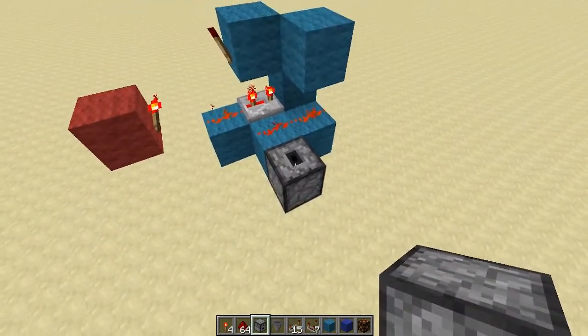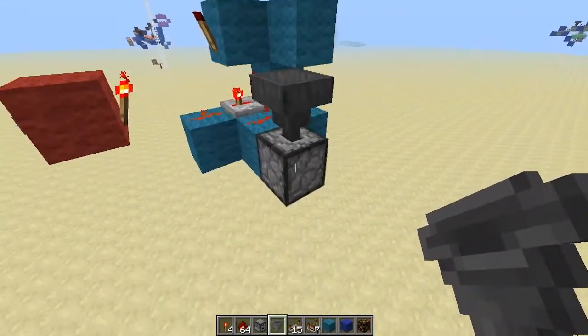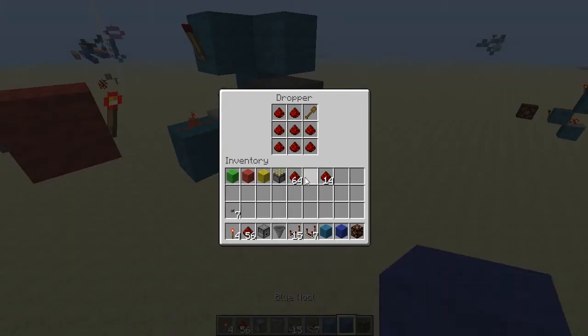So you want a hopper facing upward, a dropper facing upward with a hopper on top. And then we're going to go ahead and fill this dropper up with any item that is stackable up to 64. And then in one remaining slot, we want an item that is not stackable. I believe the cheapest of which is a wooden shovel. So the way this is going to work is that